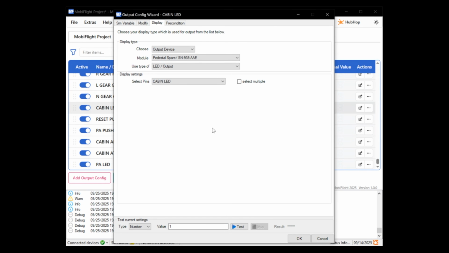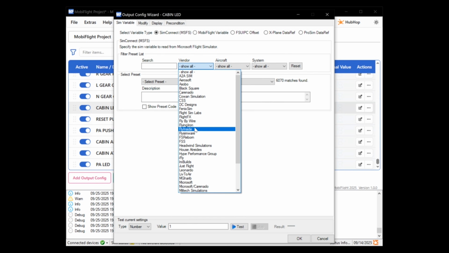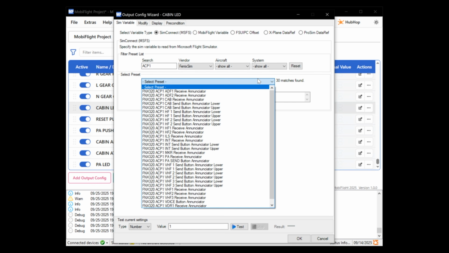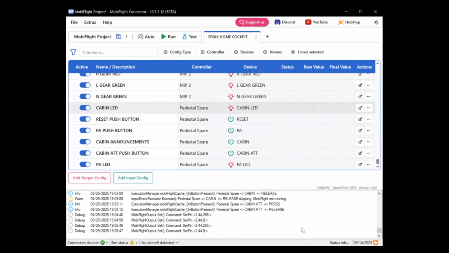Okay, so once we've tested the LED and assigned the display, we go back to sim variable. We go to vendor of Phoenix in this instance, and I'm just going to search ACP1 and then have a little look on their radio. And right, so what it is, the cabin LED to receiver, so it's that one, ACP1 cabin receive annunciator. So we click that and then just click OK, and then whenever that button is pressed, that LED will come